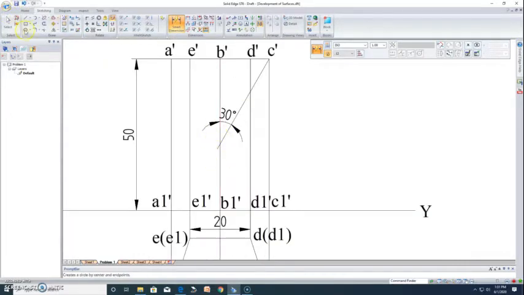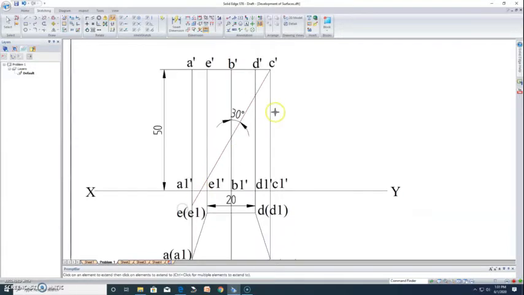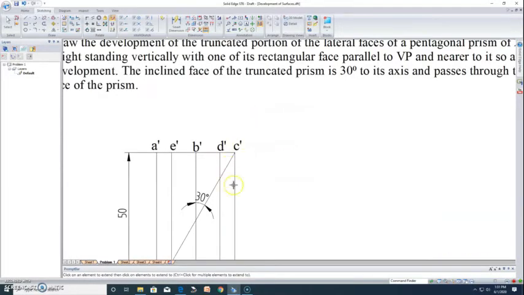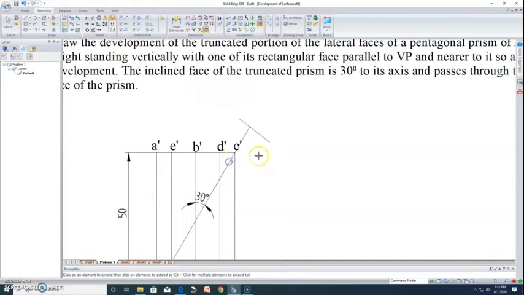So I'm going to extend this section plane. For that I'm going to use something called extend to next. Extend this line till wherever I require. Similarly I may need a portion of it beyond C, so I'm going to draw a random line like this. Again I'm going to use the same option, extend to next, and I'll extend this. So I'll delete this line now.